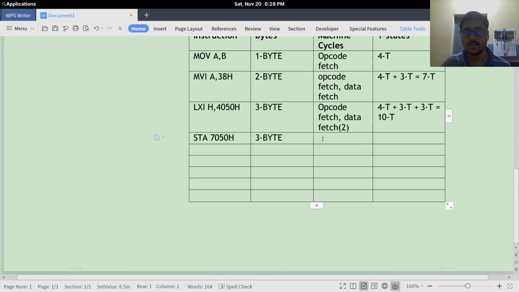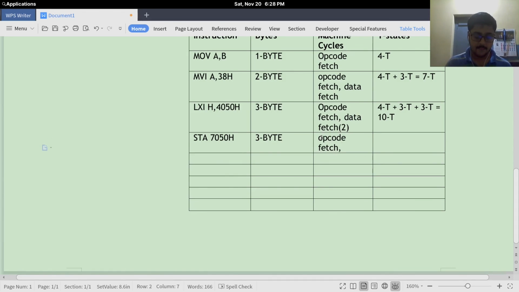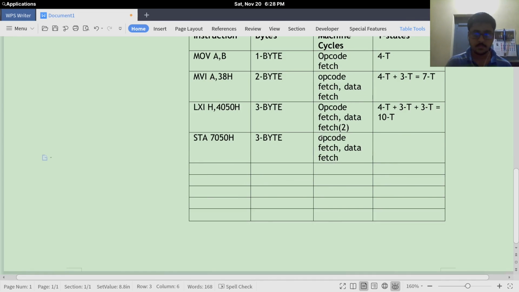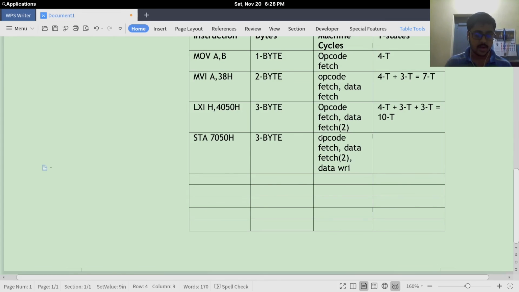We are writing the contents of the accumulator to the required memory location. So opcode fetch, data fetch 2 times for getting the address of the memory location, and data write, writing back the data of the accumulator.